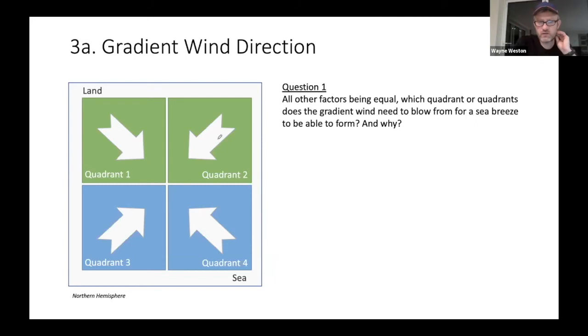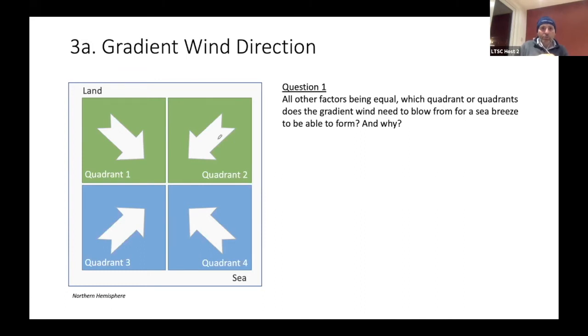One and two, didn't you say? Yeah, 1 and 2, perfect. It's got to be offshore, hasn't it? It's going to be offshore, yes. If it's blowing onshore, it gives us a different effect. It gives us something called thermal enhancement or thermal disenchantment, which I'm not going to cover tonight. It's definitely a thermal effect, but for true sea breezes, where we're going to get the maximum punch, it's quadrant